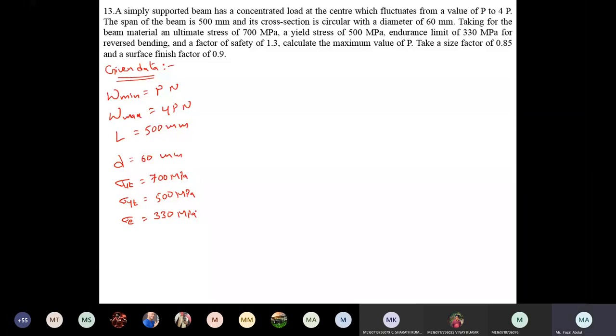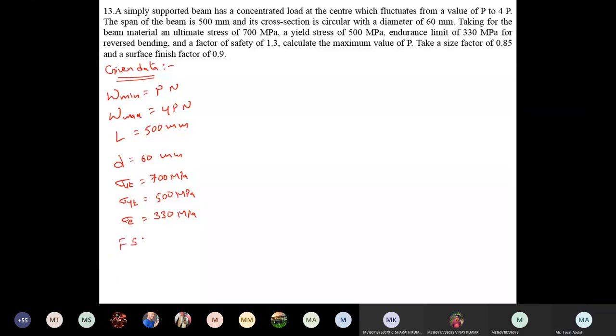In your notes, the same procedure should be there. First the given data, then the formula, then step by step what you are calculating, then application of the values in the equation, and the answer. Same manner should be present in your notes and also in the examination.